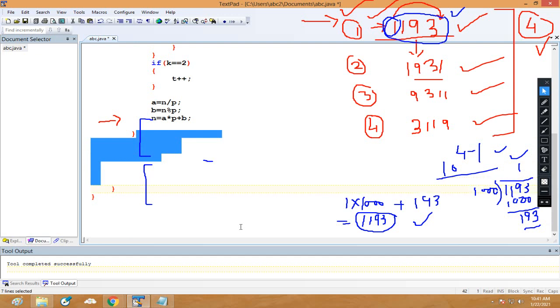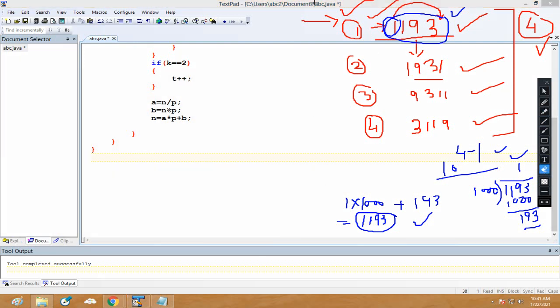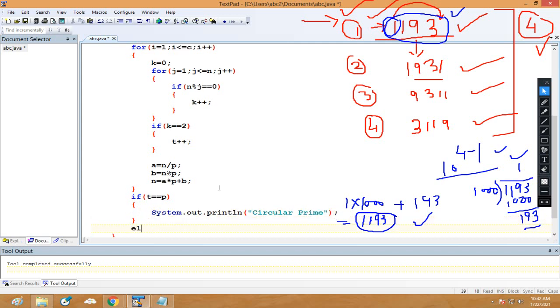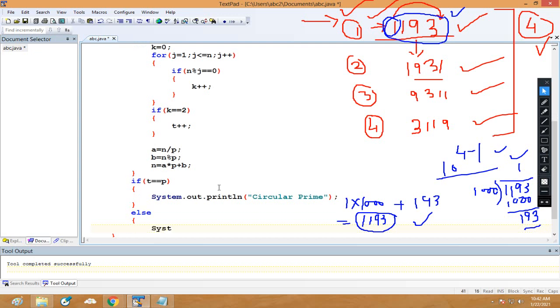Now let me execute this program, then only it will be better for you. The working I have already shown you. After that, one more condition is required after this outer loop. If t equals to p, that is your circular prime, else